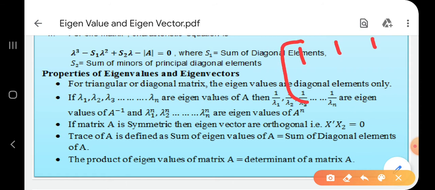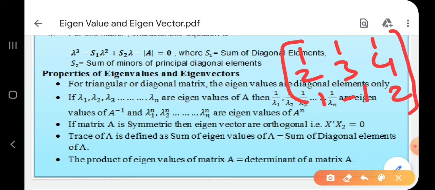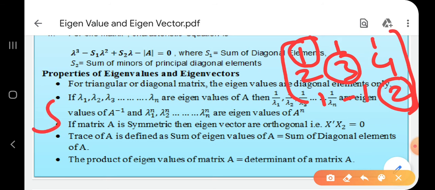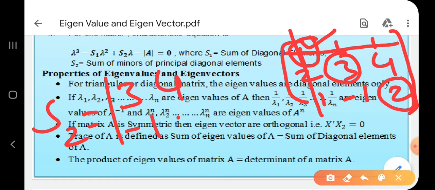1, 1, 1, 2, 3, 4, then 1, minus 1, 2. Suppose this is my matrix. What are the diagonal elements here? 1 is a diagonal element, 3 is a diagonal element and 2 is a diagonal element. So I have to add the minors of these diagonal elements. Now one by one we will find. Suppose this is my S2 equal to the first minor. What is my first diagonal element? It is 1. So delete the first row and first column. What remains? 3, 4, minus 1, 2. This is my first value. We have to solve the determinant.